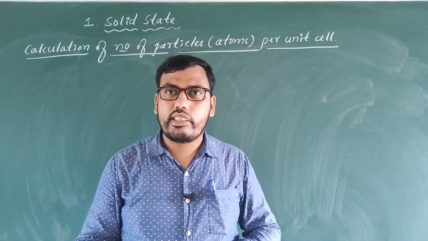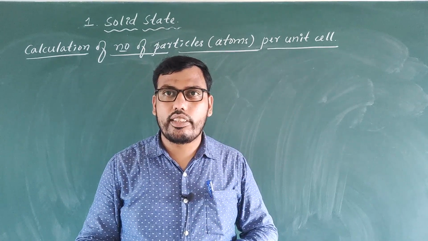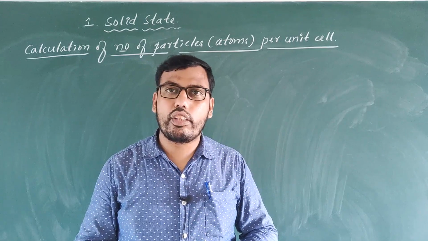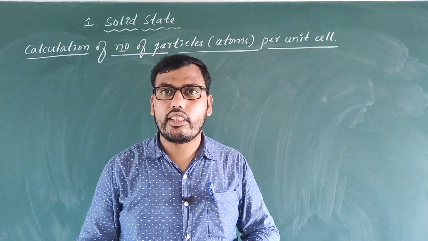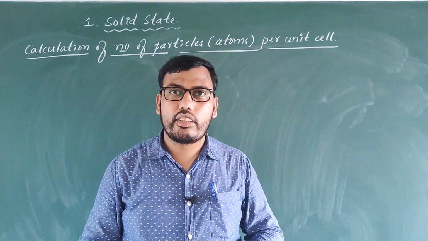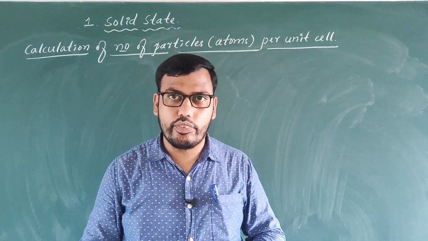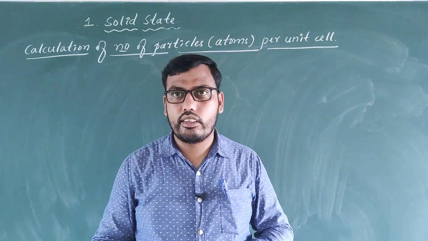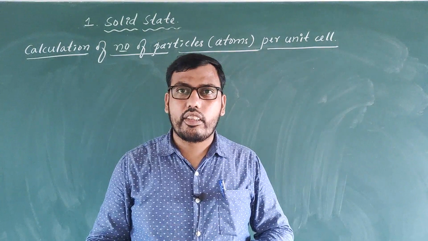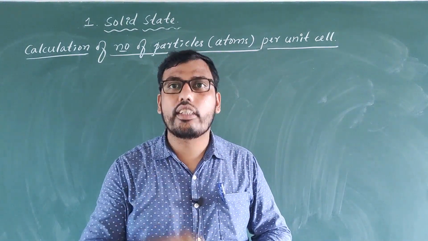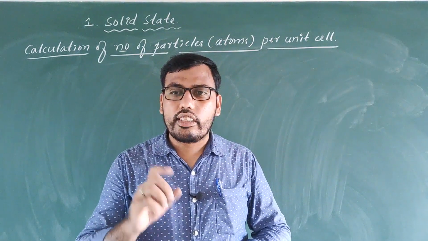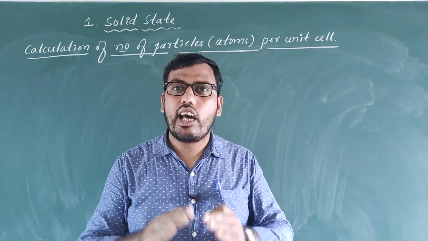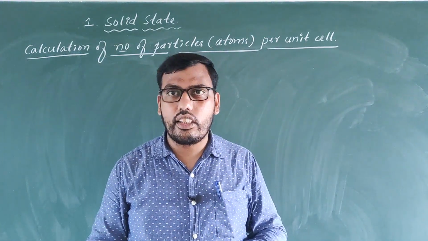When we talk of BCC, you already know there are 9 lattice points, because 8 are at the corners and 1 at the body center. When we talk of FCC, you already know there are 8 corner particles and 6 particles at the face centers. So totally there are 14 lattice points, I have told you. But that is not exactly the number of atoms or particles present when a unit cell is in the whole crystal system. Actually, a single unit cell, which looks like a small box, is always present in a crystal lattice in solids.